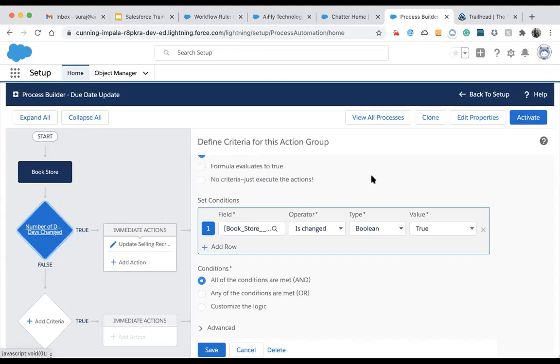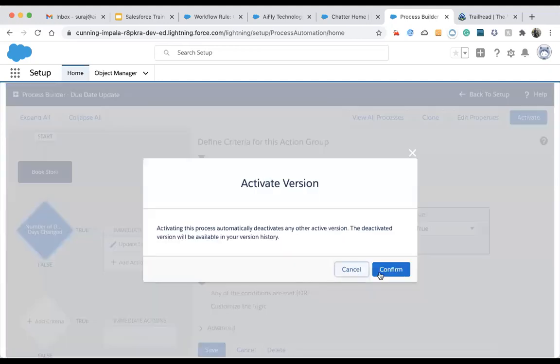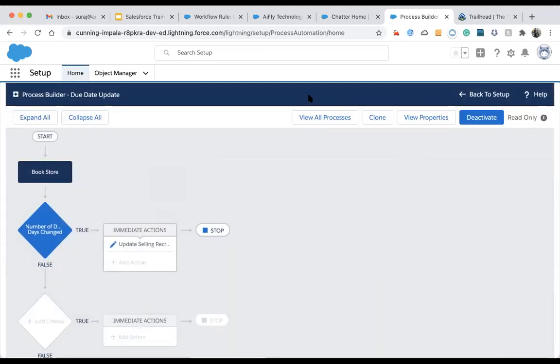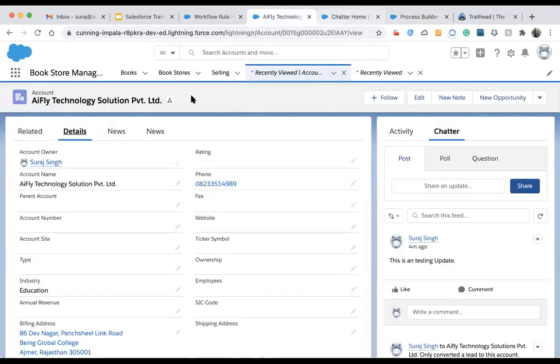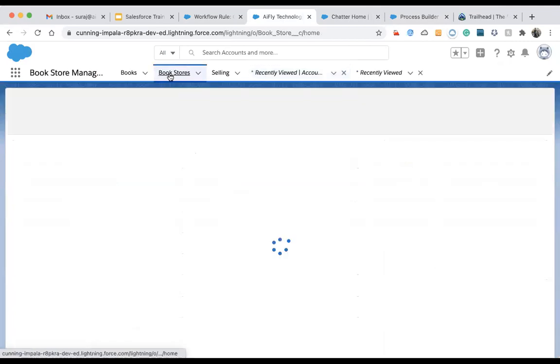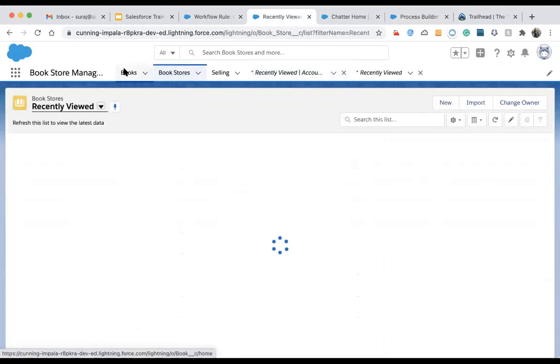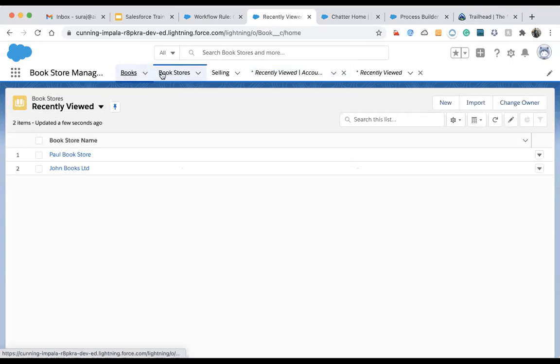Once we finish all this, we just have to click on activate, so it will get activated. And then I come up here. Now bookstore.